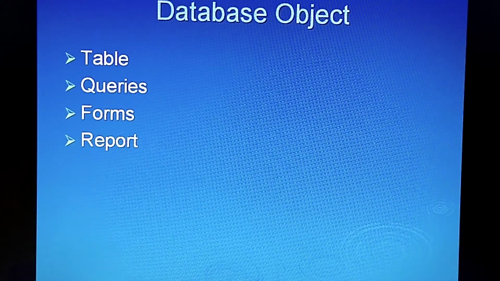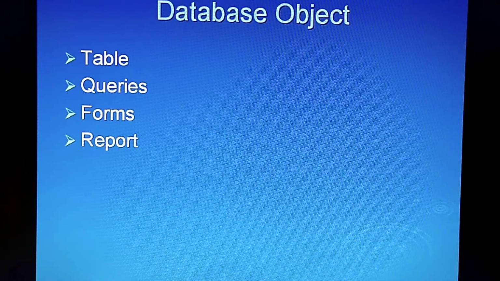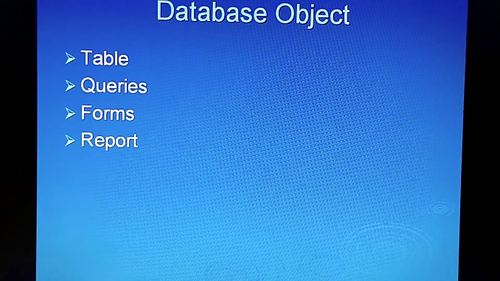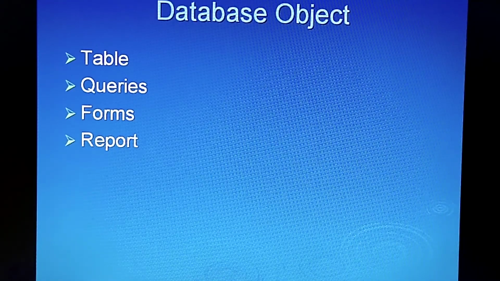Now we'll come to the actual definition of the query. This what I am saying, that is out of the computer terms. It is a question to the database and database will give back you the reply.